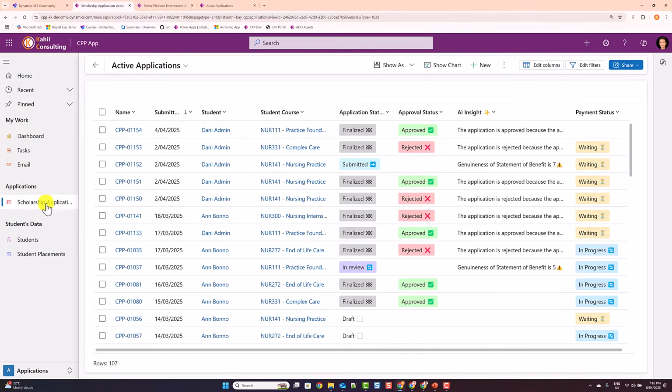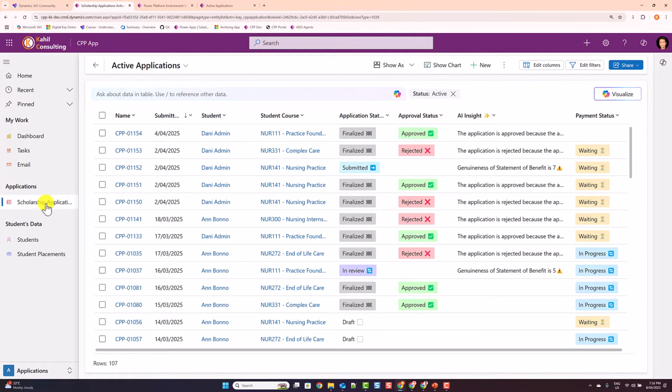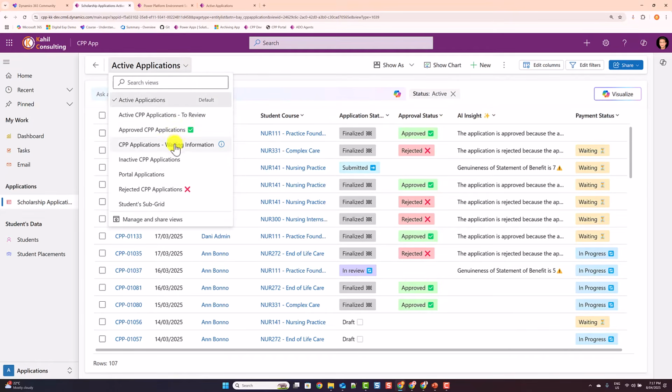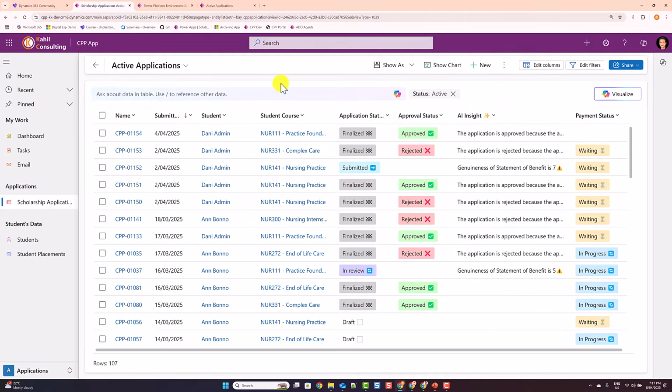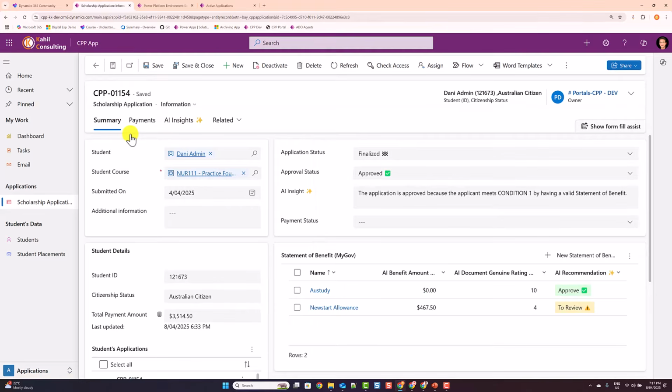application, which is my table where scholarship applications are being created for the students, you can then see a list of scholarship applications. Columns are being shown. You can filter on the columns. You can select additional views here to filter out certain records and so forth. And to see the details of a record, you can click on the URL and that will take you to the form of that record where a reviewer can then update fields on the form, review the application, assign the application